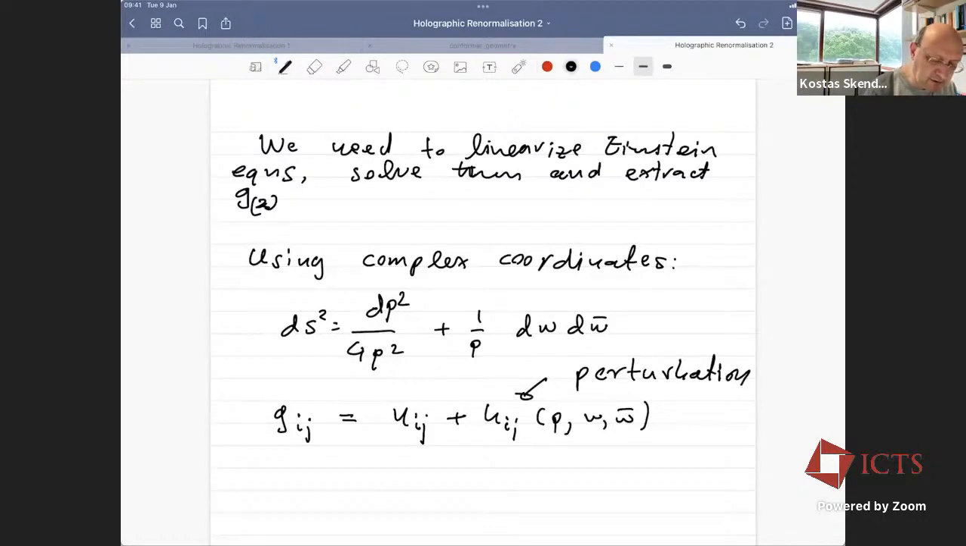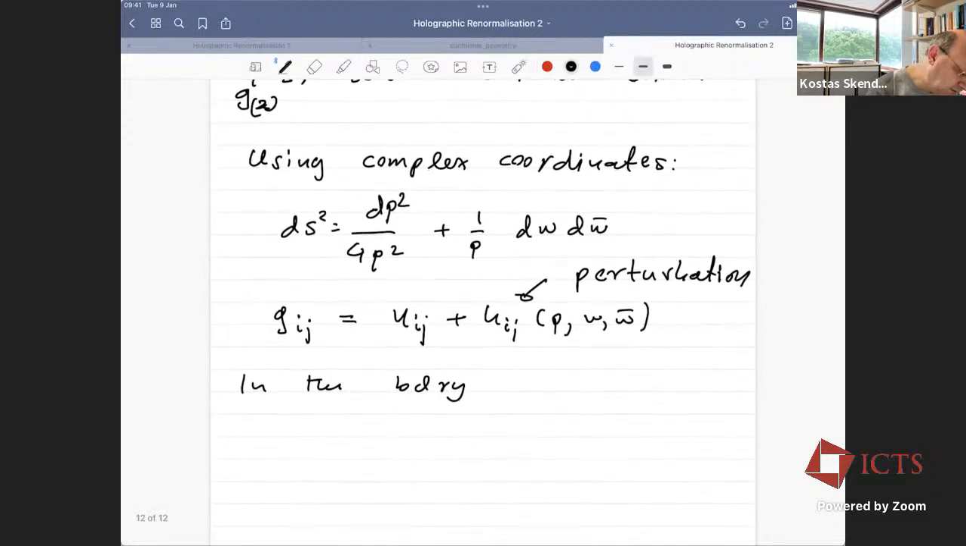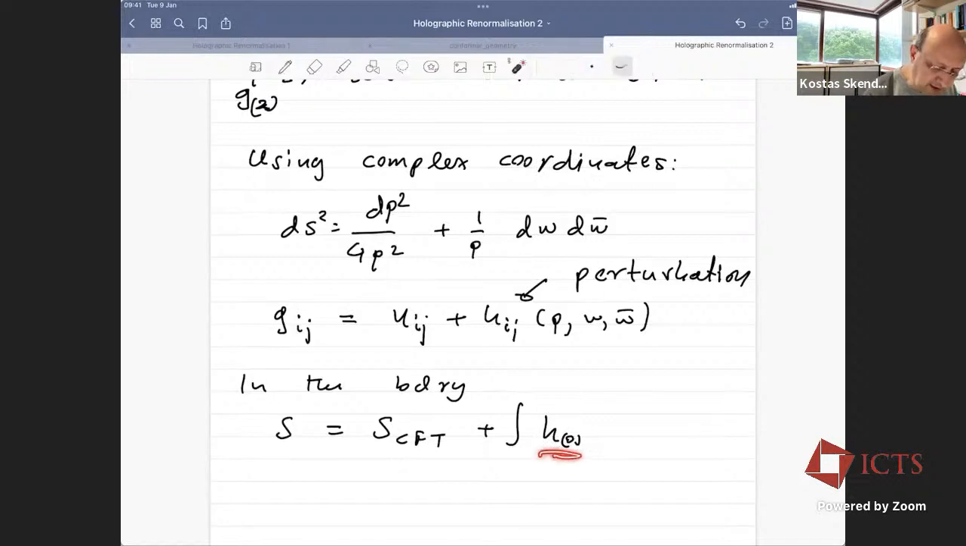And now, when we introduce such a deformation, what we do in the boundary is we have an action of a CFT, and then we turn on sources for the energy momentum tensor, because this is a metric. So now again, if I use complex coordinates, the deformation of the boundary metric H0